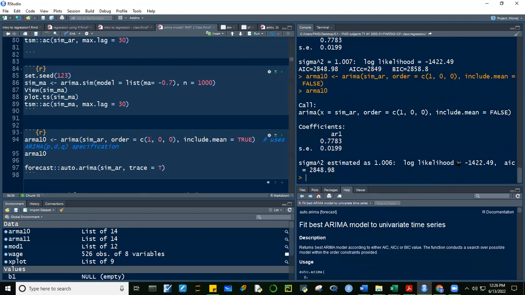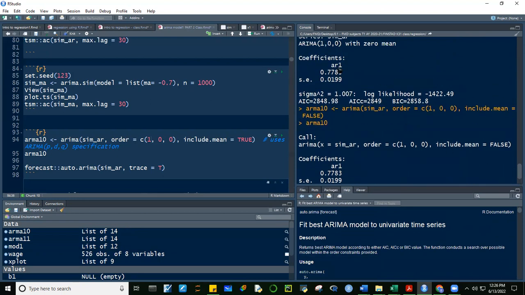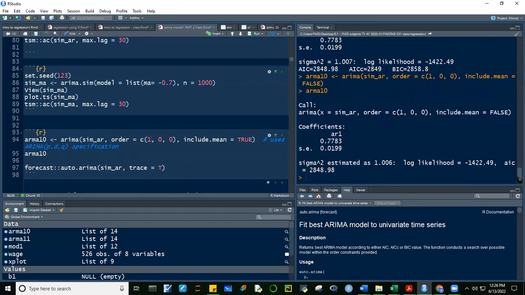Okay, so 0.7783. Pareho dun sa auto.arima kanina. Okay, yung standard error the same. Dito nga lang medyo magkaiba yung AIC, 2848, no? 2848.98, parehong-pareho, no?